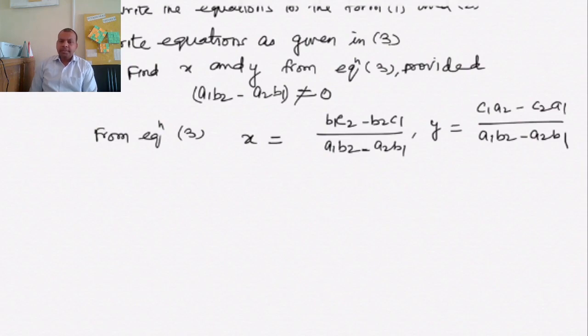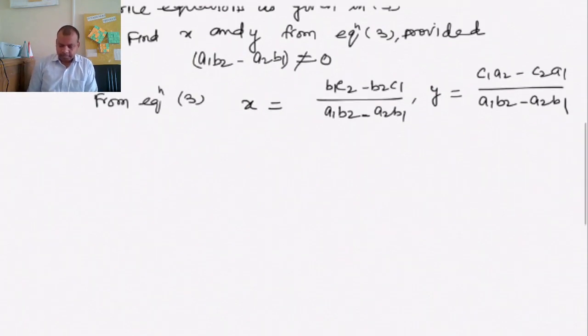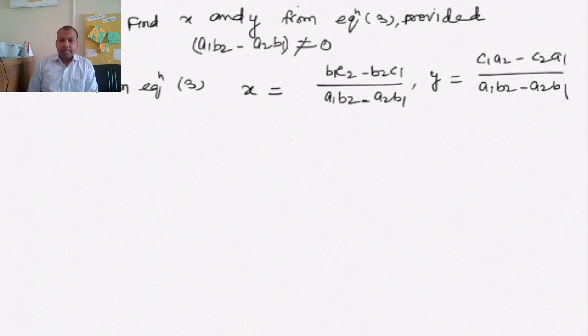So just find a1, b1, c1 and a2, b2, c2, and then find a1 by a2, b1 by b2 and c1 by c2, and check whether the given pair has a unique solution or not. If the pair has a unique solution, then only we can find it. So let us see